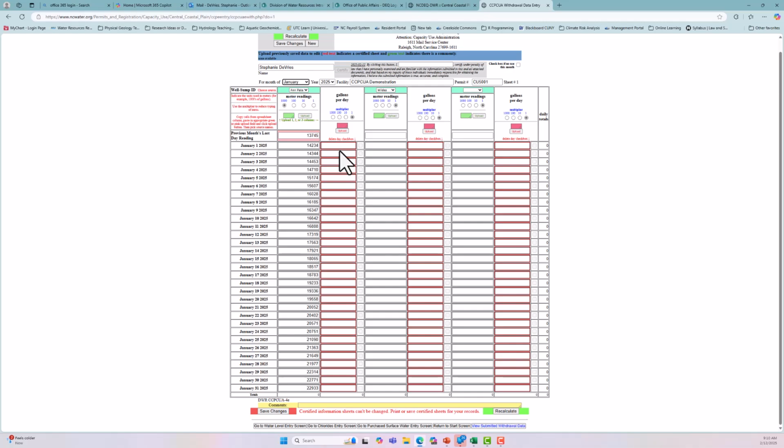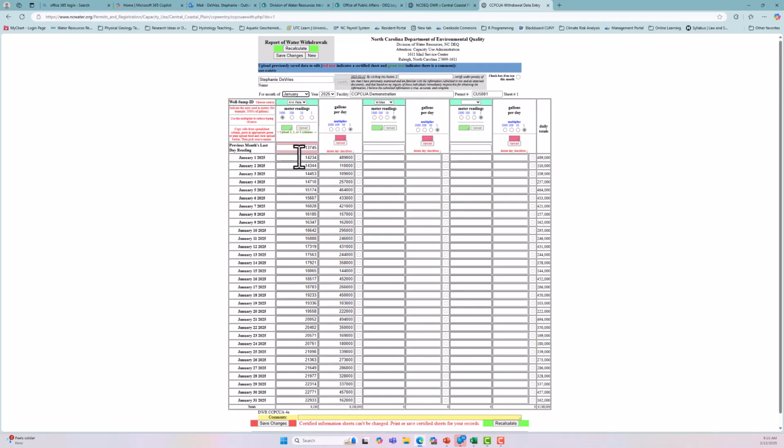And now you see these red highlights on the gallons per day. That's because this is blank and we want to calculate this. So if you're using meter readings, the easiest way to convert this to gallons per day is to simply hit recalculate. And then it's going to take those meter readings and the multiplier that you entered up here and fill in your